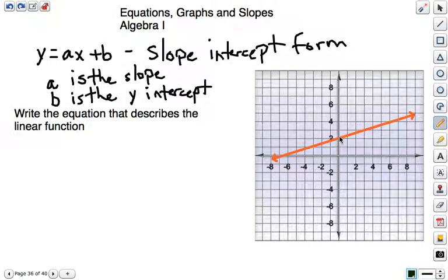Okay, so the y-intercept is pretty easy. It's where the line crosses the y-axis. So our y-intercept is 2. Okay, it crosses at 2. Or if you were writing the coordinates, you would say (0, 2). Okay, now our slope,